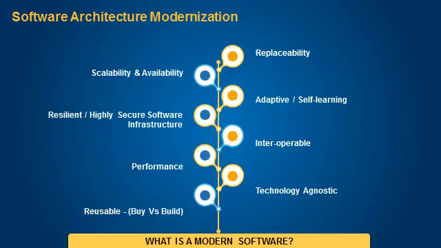Of course, you don't have to reinvent the wheel for everything from the ground up, and then you will not be able to meet the business demands. So take out the core USP of your business and provide that solution. For the rest of the things, always try to bring in COTS components, which are readily available and able to gel into your ecosystem. So these are all the elements you would typically look at when you want to modernize.